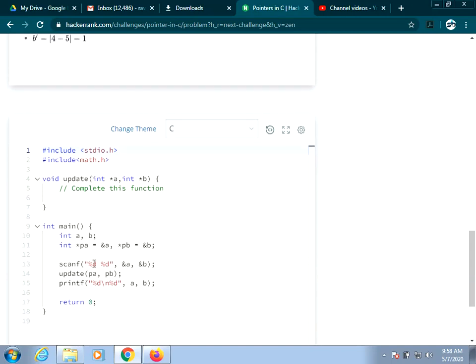You have this particular main program where they have declared variables a and b, and they have declared two pointers pb and pa. pa is storing the address of a and pb is storing the address of b. After that they are taking the input values of a and b. Next they have called the function with the addresses of a and b, that is pa and pb. So the function call will move the address of a into this a, and the address of b into this b,